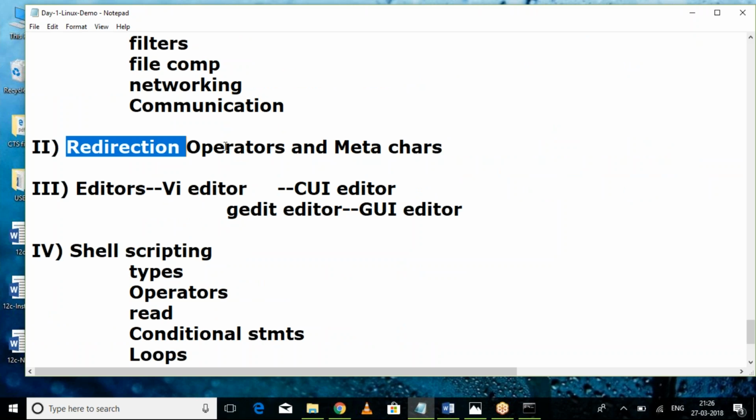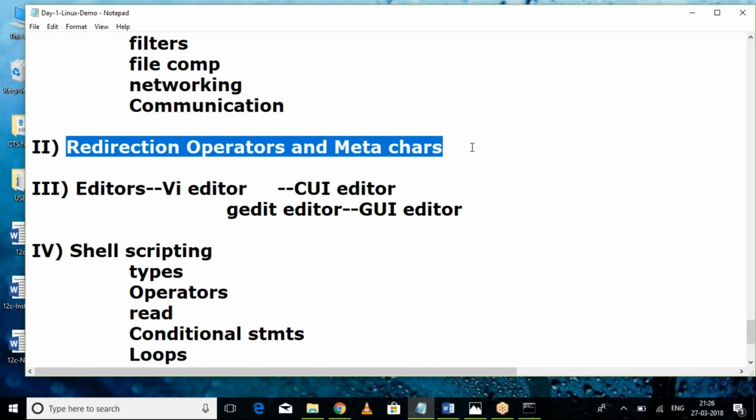I am maintaining a special heading for operators. What are the redirection operators? What are the special symbols we are having? These 2 concepts I am maintaining as a second component, so the course training is divided into 5 components. First one, all commands. Don't think commands means just a single word. In our training, you are learning 100+ commands, like general commands, file related commands,